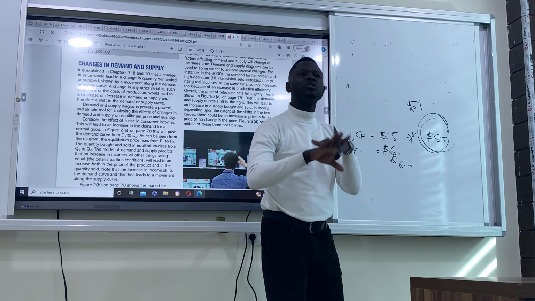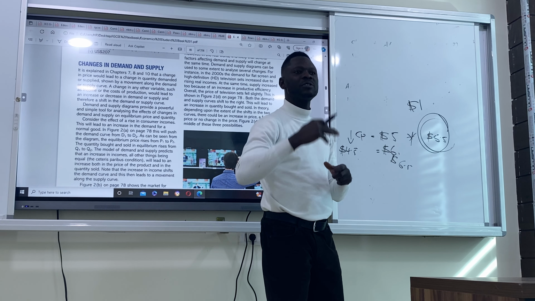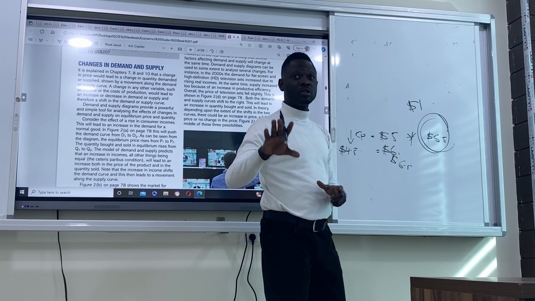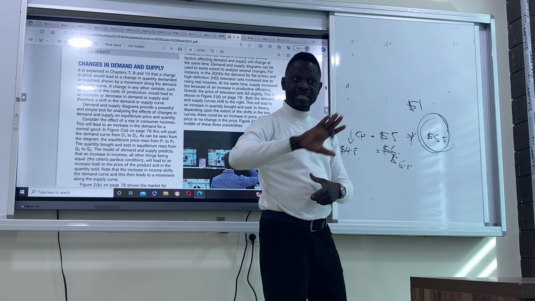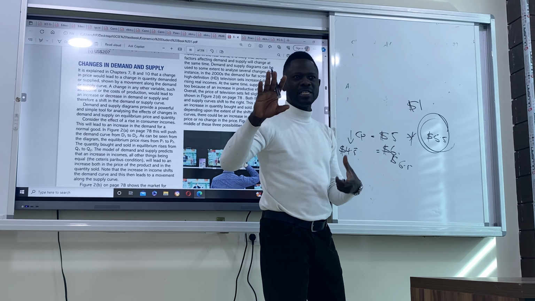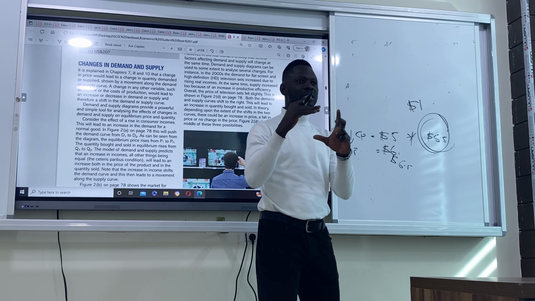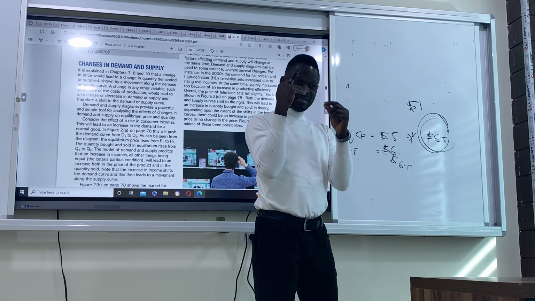Here, firms will be willing to supply more because their cost of production has fallen. There's incentive to produce more because they're going to be able to maximize profit. That is the point about supply, changes in supply. Are they clear now? So changes in supply and changes in demand can be as a result of price and